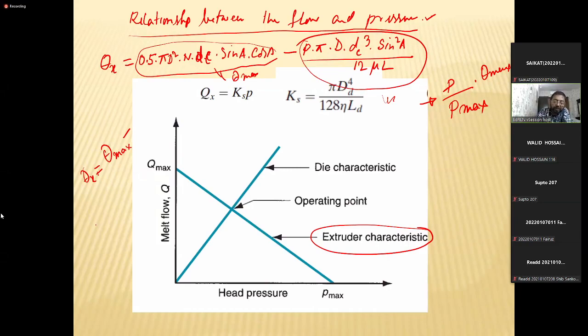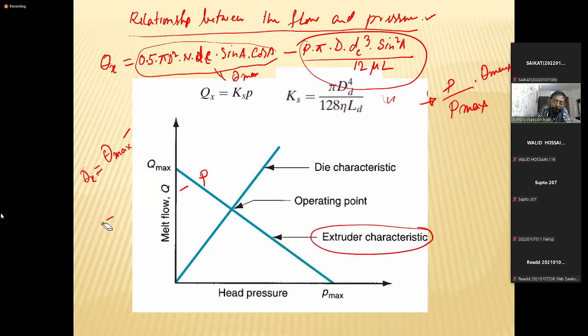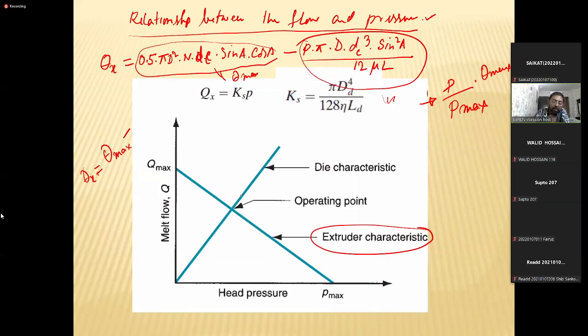If we shall write it, Q is equal to Q maximum, therefore plus P into the P into... okay, not this, just a minute. Say, if we convert a Qx will be equal to, if this value